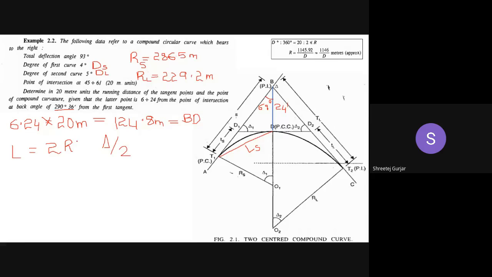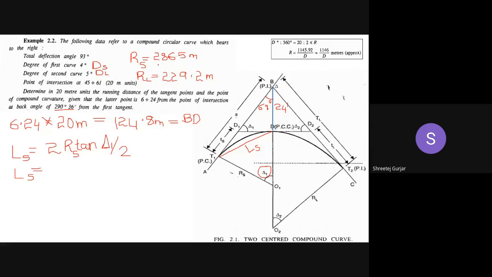Now, substitute here in terms of the shorter curve. So it is LS, and this will become RS, and this will become tan delta 1. Okay, it is delta 1 for short curves, so hence it is tan delta 1 by 2. Now you can substitute all these values and let me know what the long chord length LS is. Calculate and tell me.